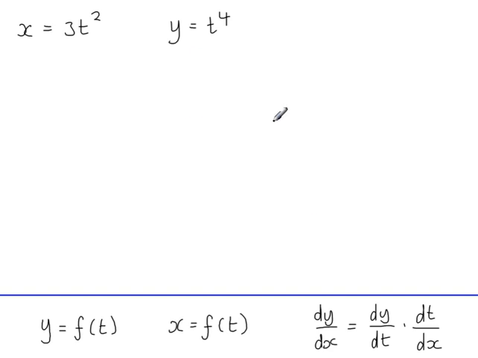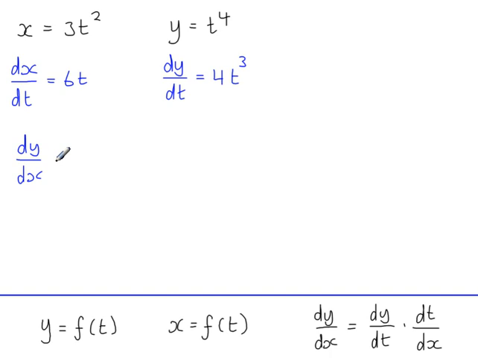So in this example we have a curve which is defined by a set of parametric equations. So first of all, differentiate each one, so that's x in terms of t, so work out dx by dt. And this is y in terms of t, so work out dy by dt. Now we can link these two derivatives using the chain rule here. So